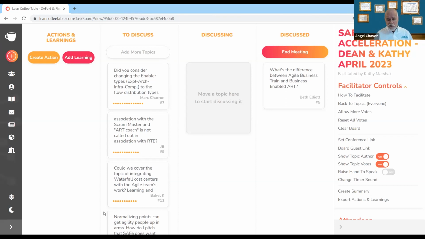We do it all the time. We also know that they're largely incompatible models, right? If a Waterfall cost center has a group of skills like software developers and testers, they're going to be working on utilization, not flow, because that's all they can do. They're associated with multiple projects.